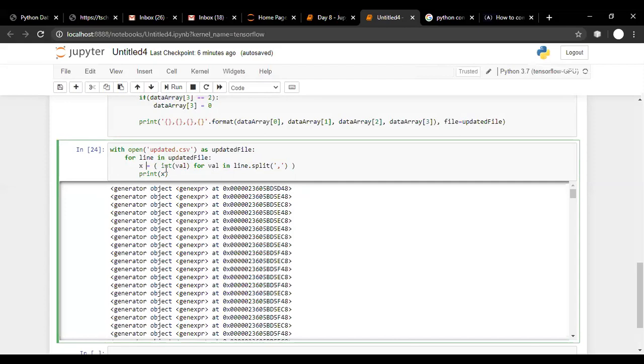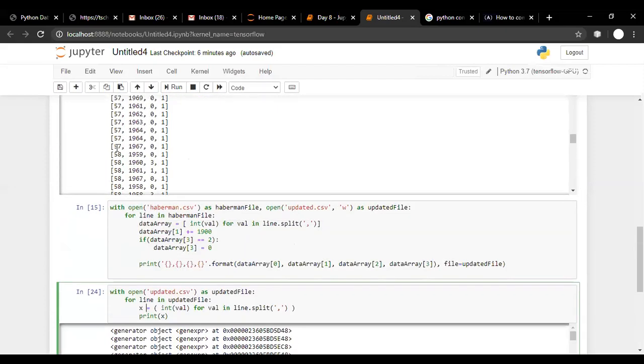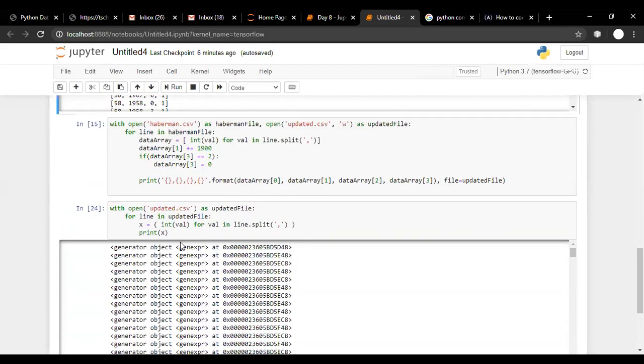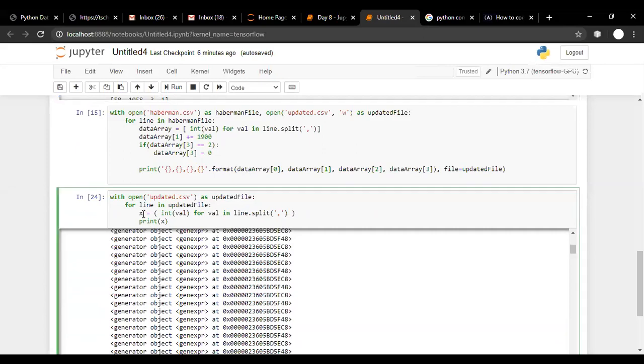But in this generator object, how many values are there? 4 values. Am I right? Age of a patient, year of operation, how many cells or blocks are there, and whether the operation was successful or unsuccessful. Since we know the sequence also, instead of x we are writing age, comma, year, comma, count, and then outcome. So instead of one object, now there are 4 variables.